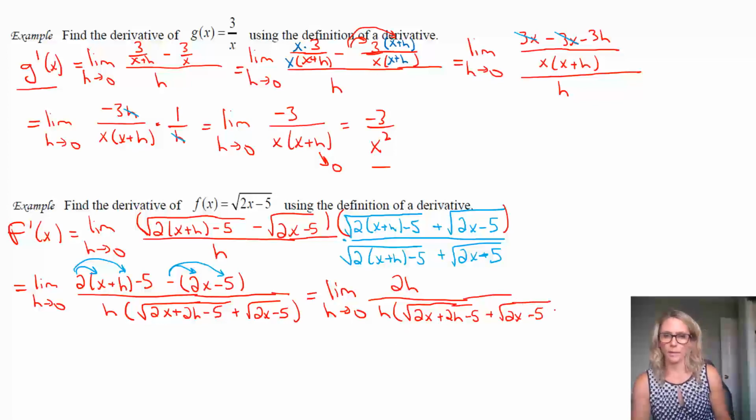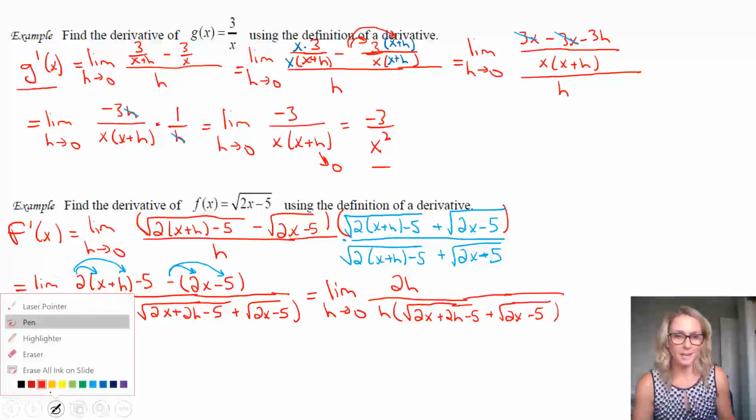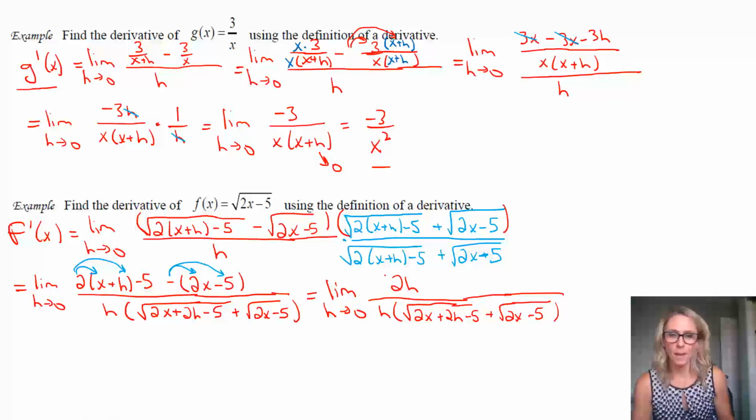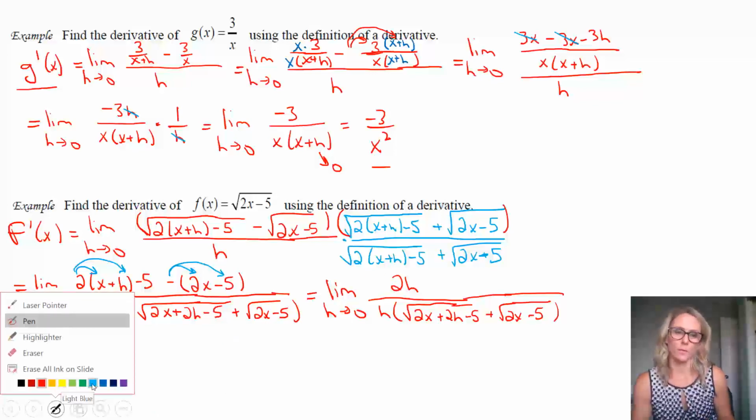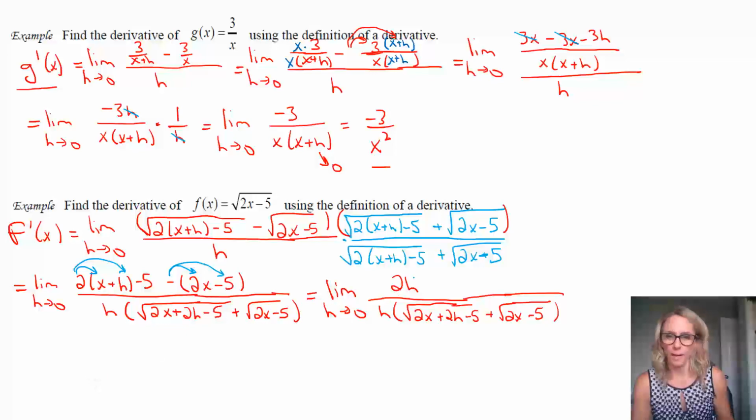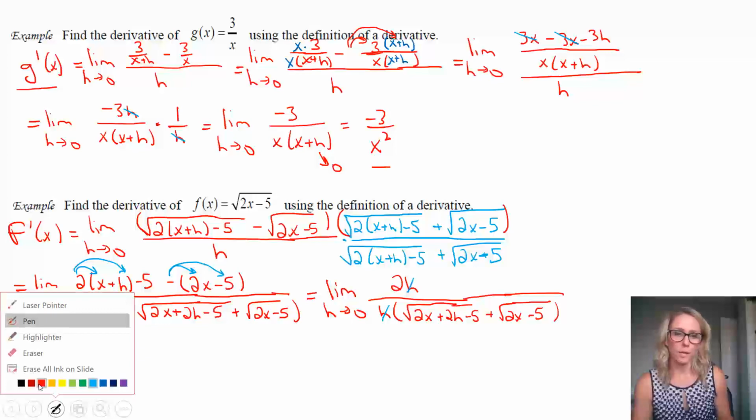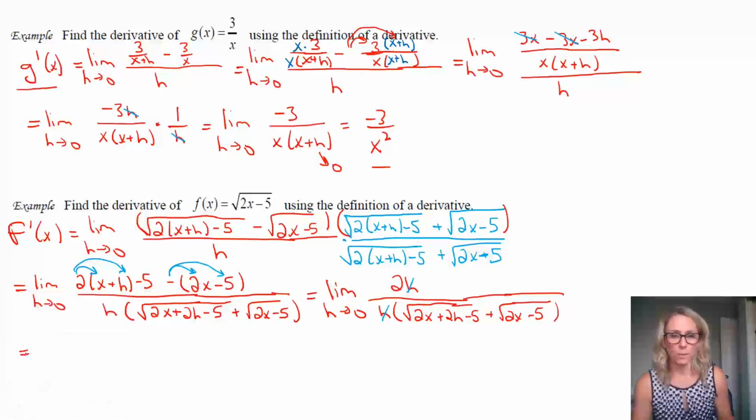And the whole point now, of course, is to see that now the h simplifies. That's the key thing here. We've got that h simplifying with that h. Now we no longer have a factor of h in the denominator. Now we're going to be able to take our limit and see what our derivative is. So the limit as h goes to 0, we've got 2 in the numerator. We've got still kind of a big denominator, but we're almost done.